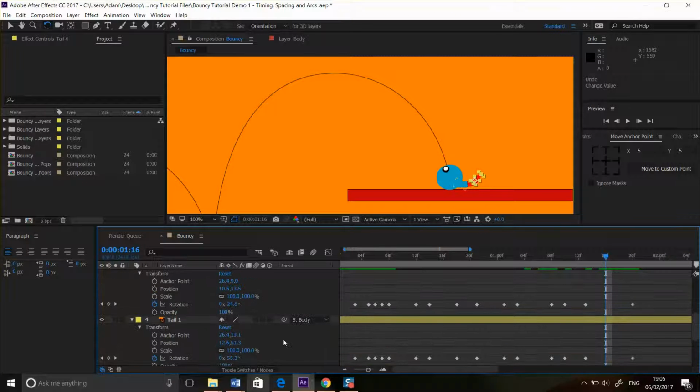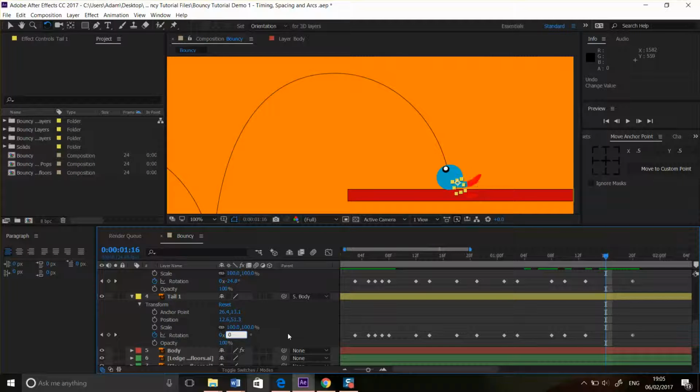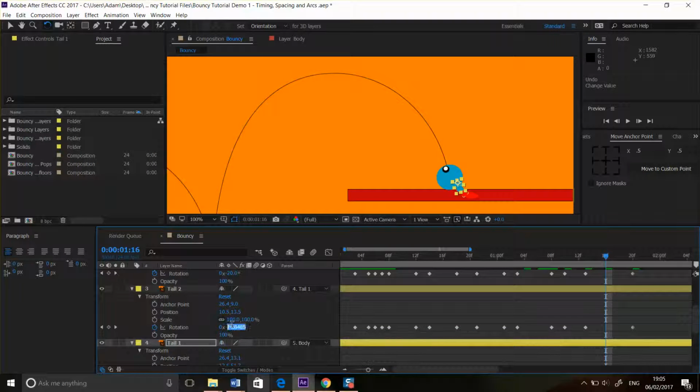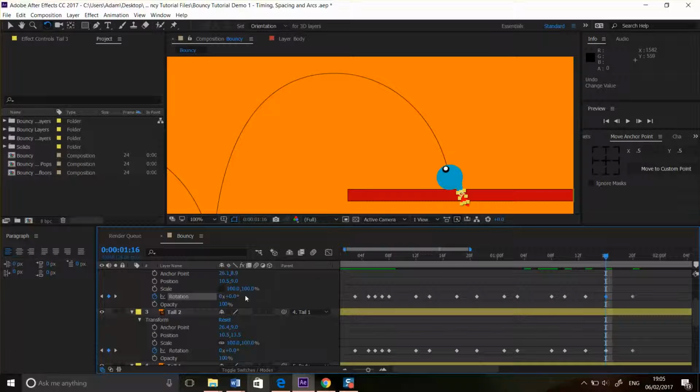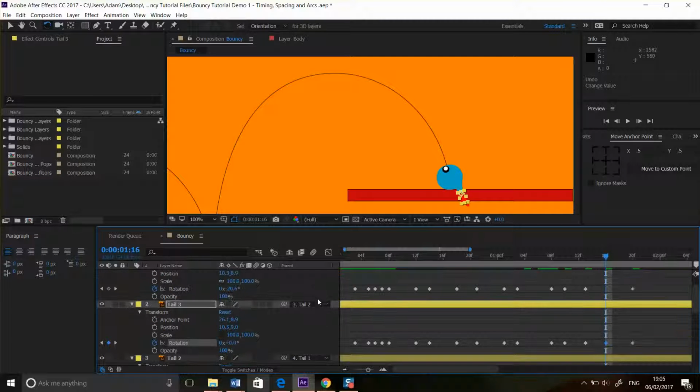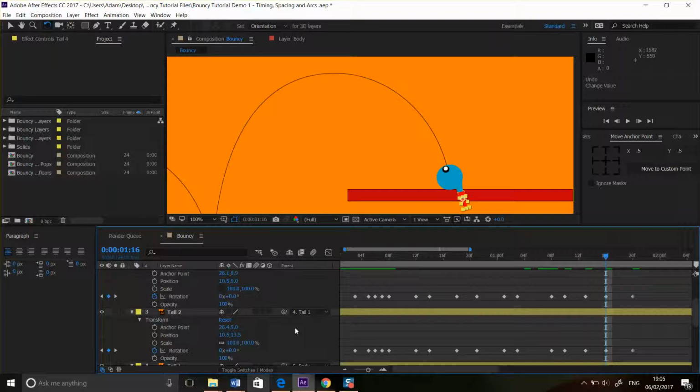Right. So we'll just add in 0, 0. So ultimately, our tail is following through our body and sort of overlapping slightly. Although overlapping kind of is done per frame, but this is probably not the best example to show that with. So with our tail coming through the floor there,